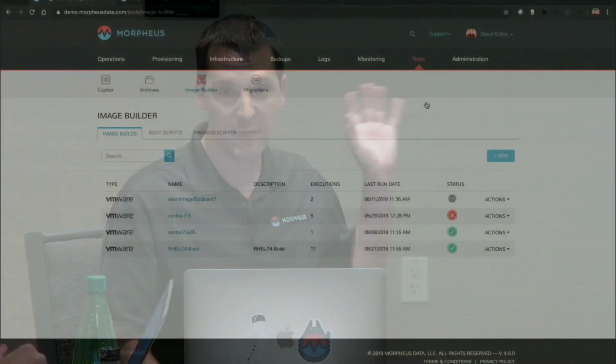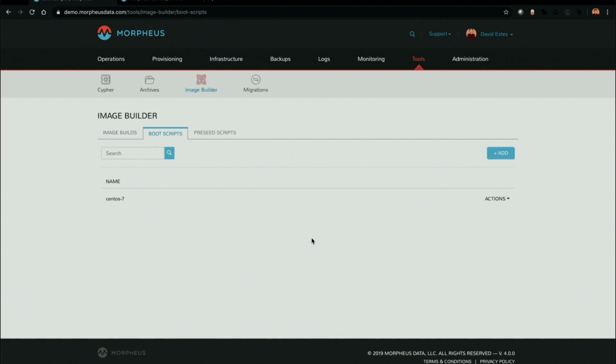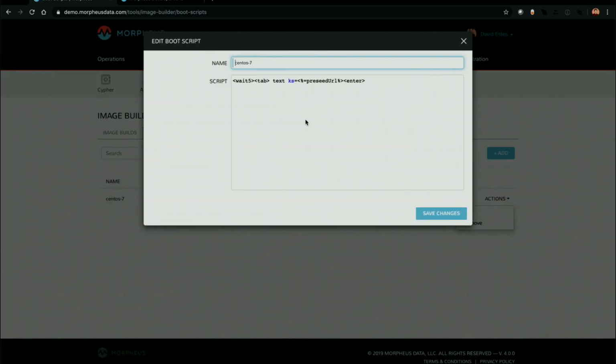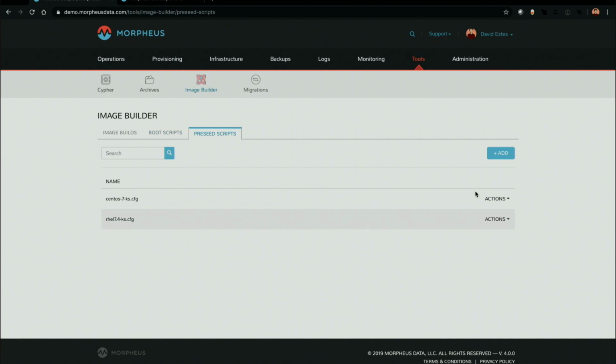Yes. And that talks about that automation, so we actually have it right here. When we talk about those hypervisor level consoles we provide, we built a way, initially we did this for a customer for VMware, where we actually can send the keyboard commands over VNC over that hypervisor console, similar to what you've seen in HashiCorp's Packer. So you can send boot commands. We actually have the ability for you to define your boot scripts and pre-seed scripts, which you can reference. This is a CentOS 7 boot script saying wait 5, type tab, type text, Kickstarter, enter the URL, and go. And then your script looks something like this,